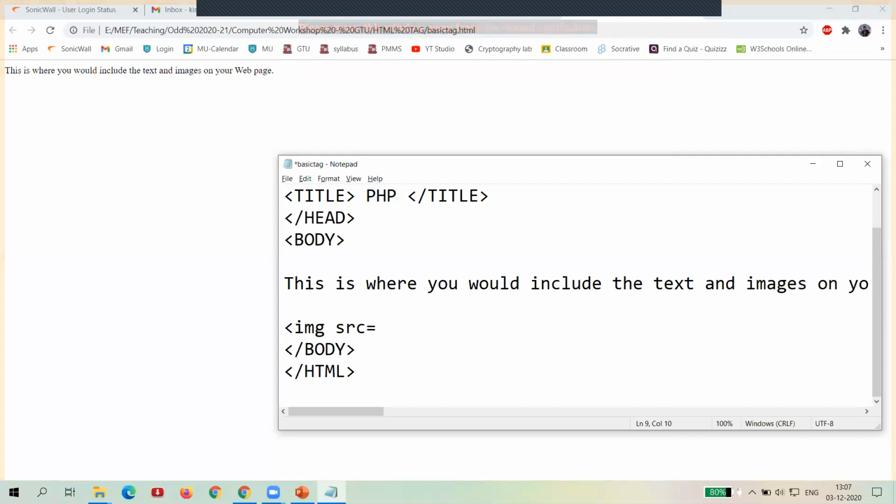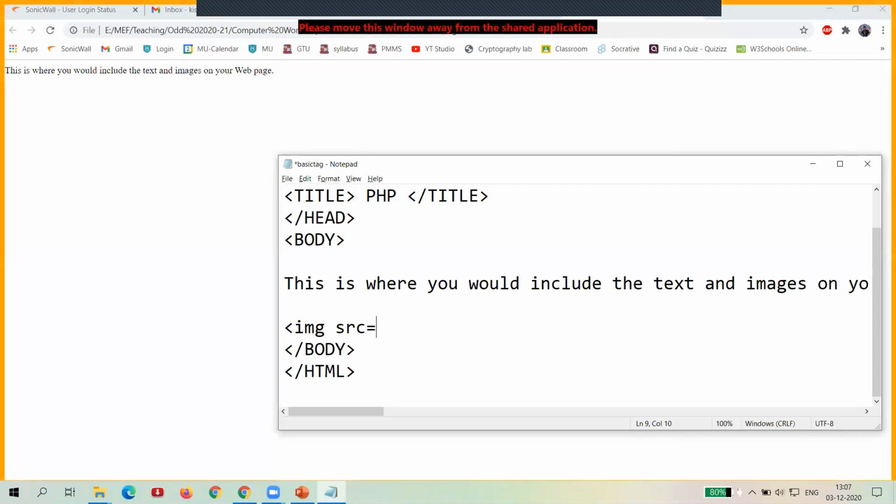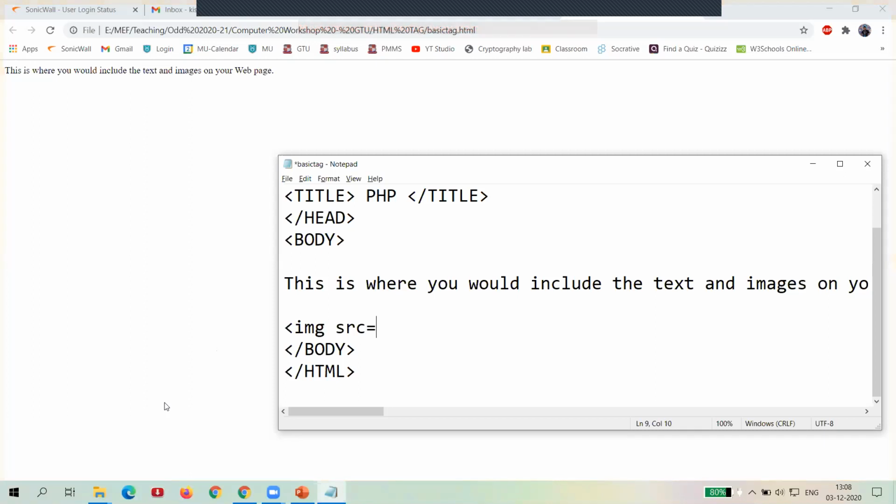Now image src, the meaning of src is source file address, where you have to write down the image with its extension. For example, if your actual file and image file are both available in the same location, then you directly write down the image with that name. But if the file is available in another location, then you have to provide the entire path.